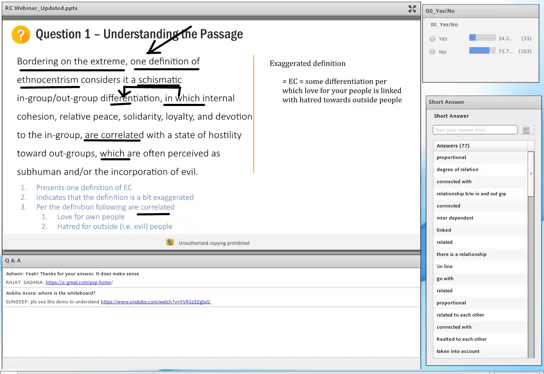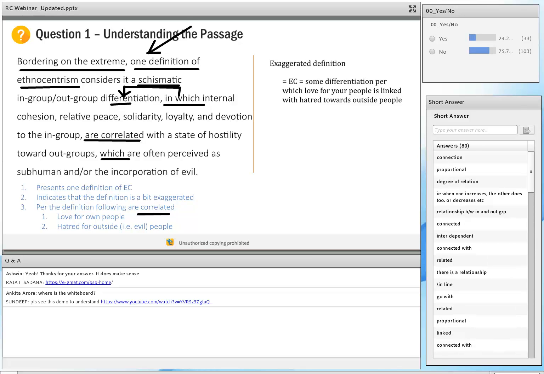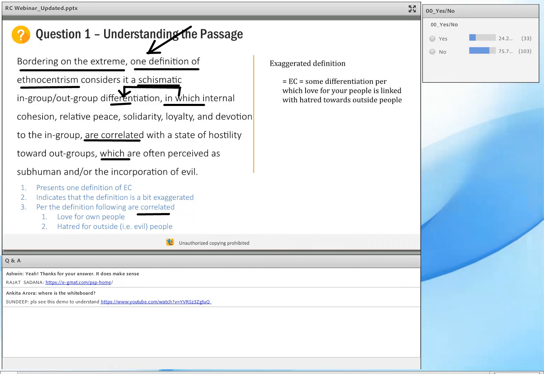And I'm going to broadcast the results. And you can see the difference over here. So there's some people who are saying they're proportional. The second who are saying there's a degree of relationship. There's dependency in there. The others are saying causality. A few of you are actually saying proportional to one another. Okay. So only a couple of these definitions are precise. And this is not important just from a GMAT RC standpoint. It's very important from a critical reasoning standpoint as well. And I'm going to show what those three words are.